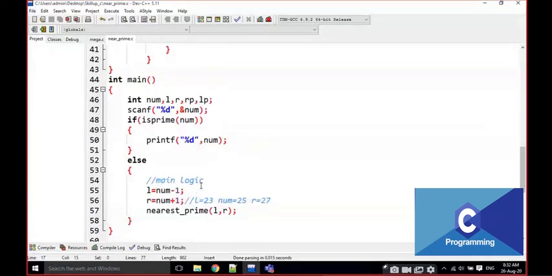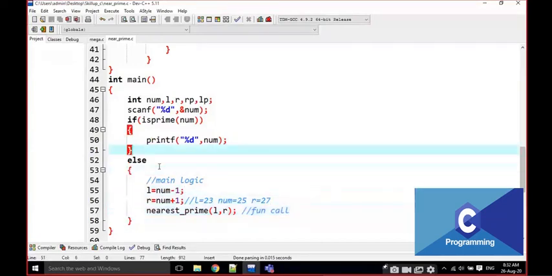Just look at the main functionality now. The main functionality is very clear. Very simple, right? It is more understandable every time. This is the usage of functions. What are the two advantages of functions? First one is code reusability, and the second one is that the code has very good readability.